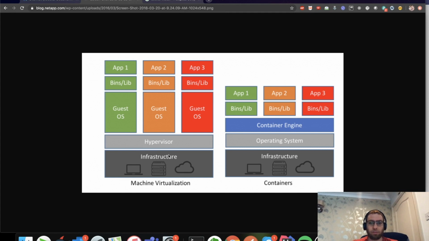But the problem here is that after 2010, people and companies started to wonder how they could deploy and develop applications that can run in every environment, with less effort. You don't have to spend so much effort to make an application run in some environment or in some place. And what they found is that a lot of companies